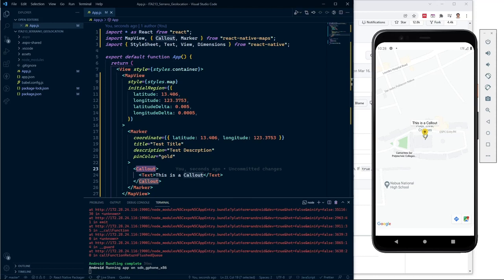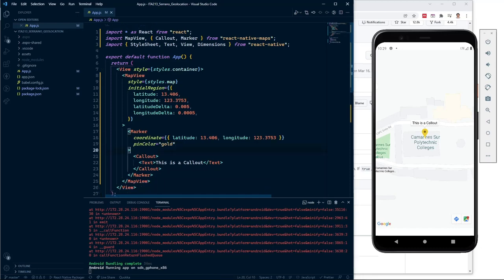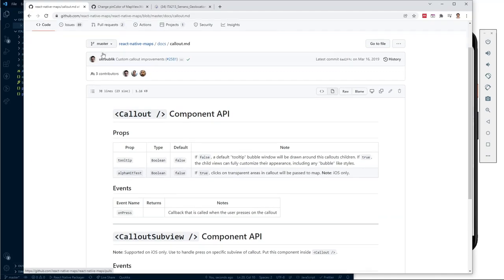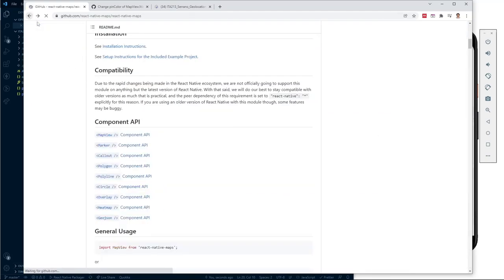As you can see, when we click the marker, we now override the title and the description props of the marker. So we can now remove this one. Okay. So that's just it. And let's go back to the